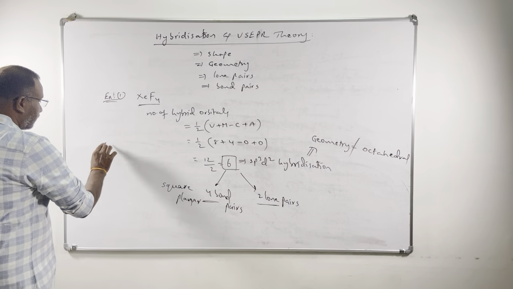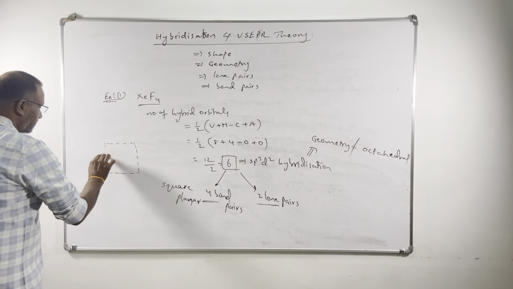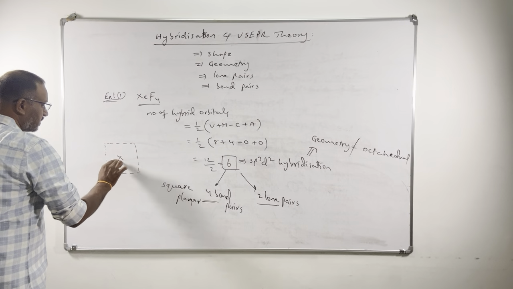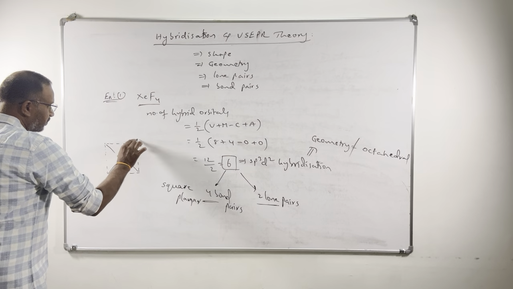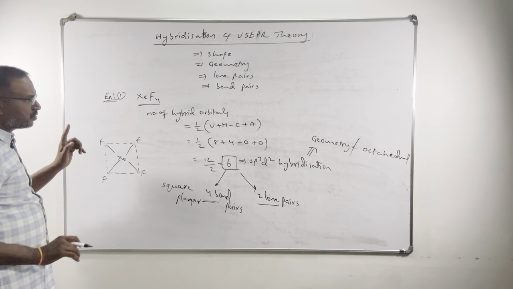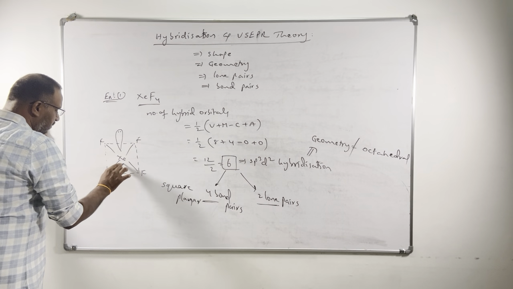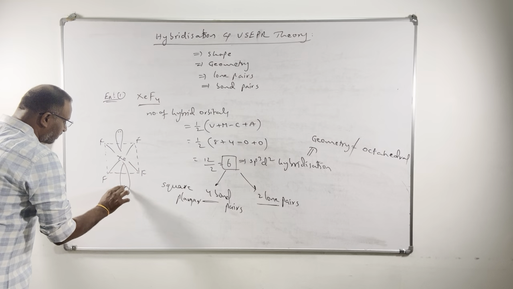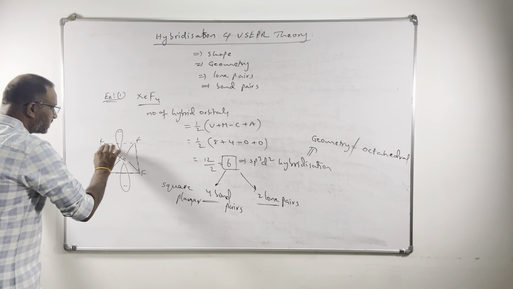Let me see now. First, I am writing the octahedral geometry. This is octahedral geometry. The central atom is xenon and 4 fluorines are there. I am writing the position of the 4 fluorines like this. You can write anywhere. And 2 lone pairs are there. One lone pair will come here in a pure hybrid orbital and another lone pair will come here. So the shape becomes this shape,